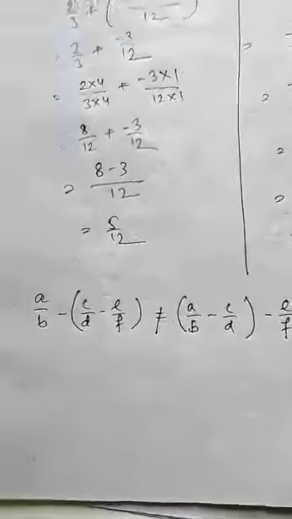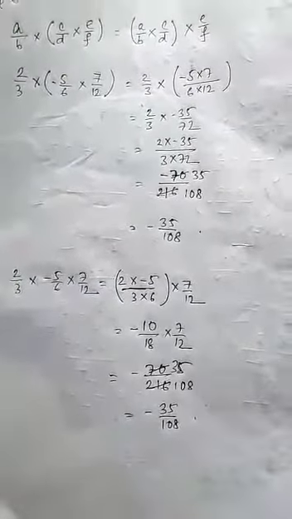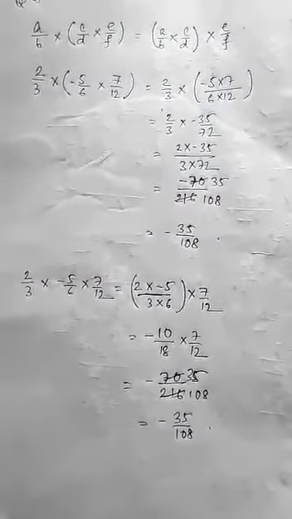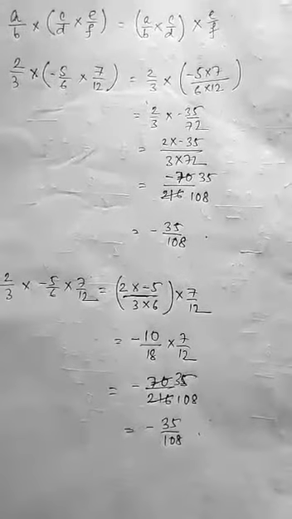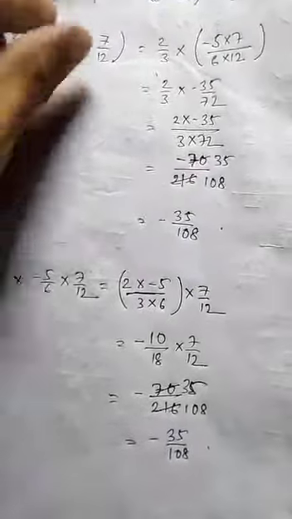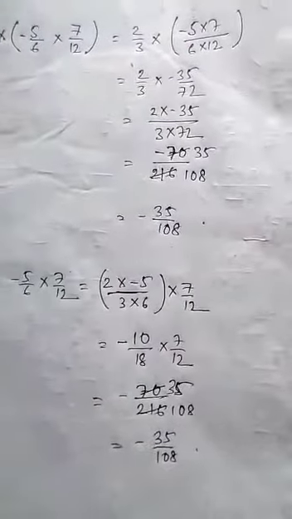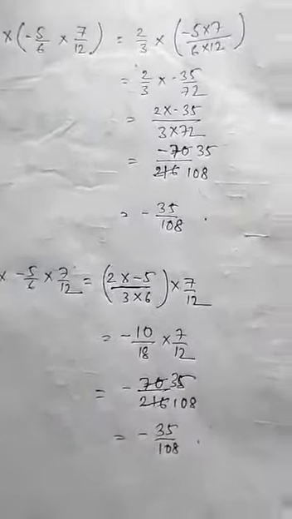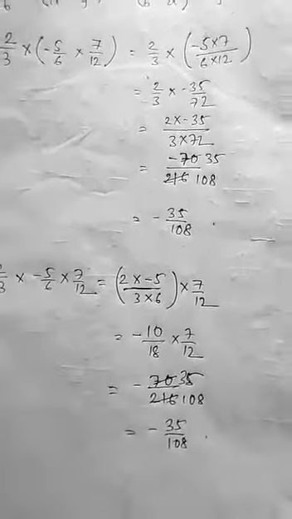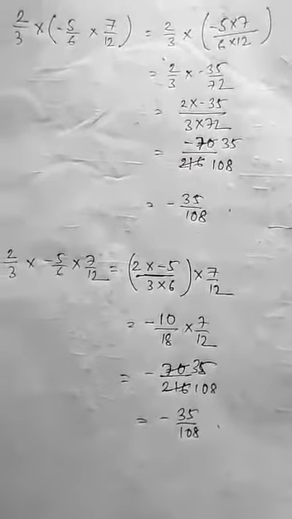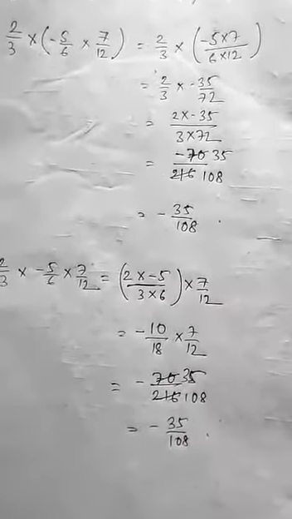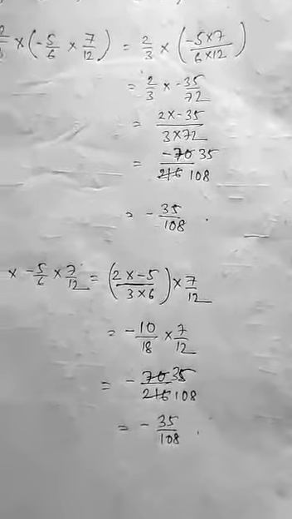Okay, in case of multiplication, if we consider a by b, c by d and e by f are three rational numbers, then if we group these numbers like that, a by b into c by d into e by f in the first bracket, and a by b into c by d in the first bracket into e by f, then both these two terms will give the same result. So we can say that the multiplication of rational numbers is associative.